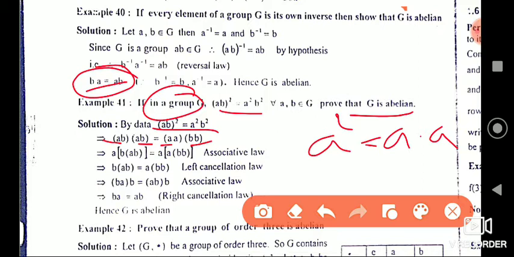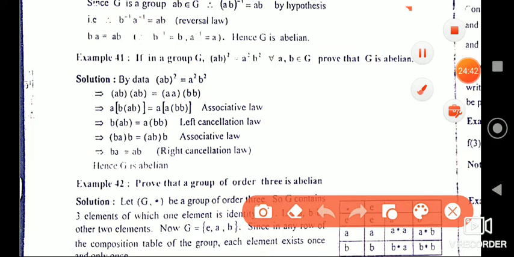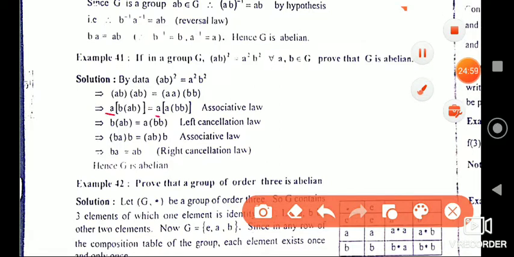Now we use the associative law. What is the associative law? We will just take all elements here except A as outside. The same thing we did here. Now we have left cancellation law. If the elements on the left-hand side are the same, then we can cancel them. We'll cancel A and A. That is left cancellation law. We used left cancellation law for this, and we got this. Here we used associative law for the remaining elements.